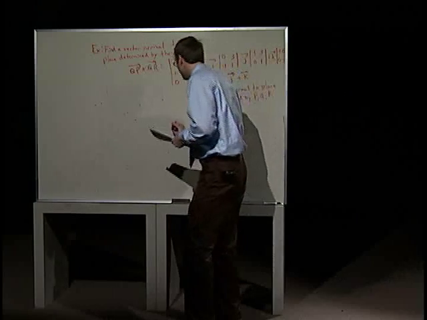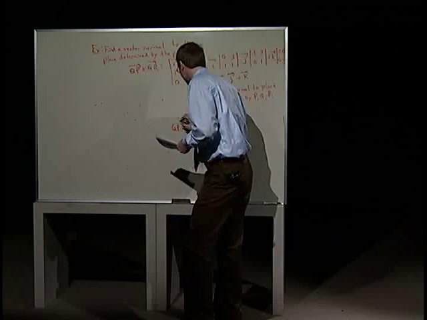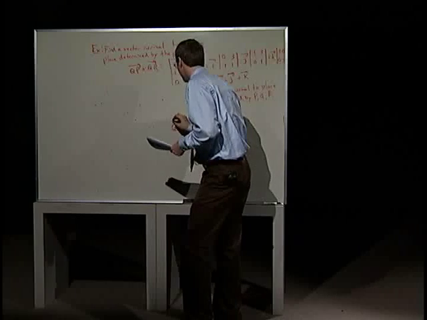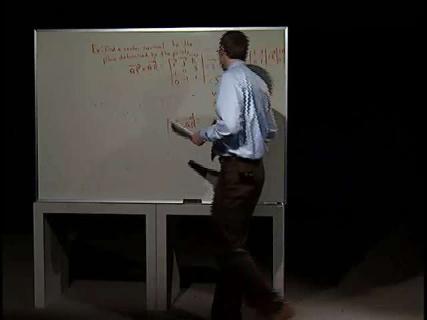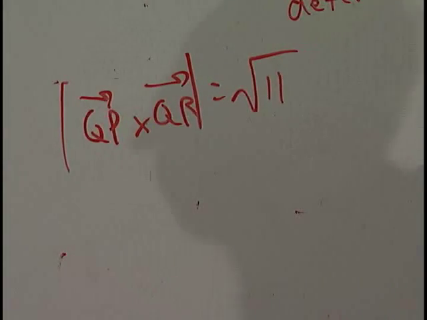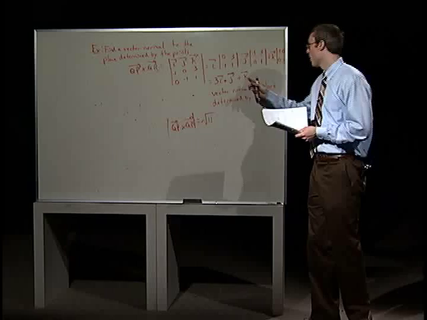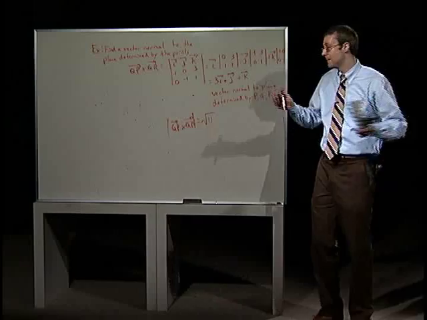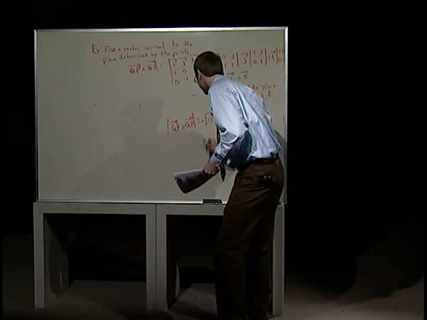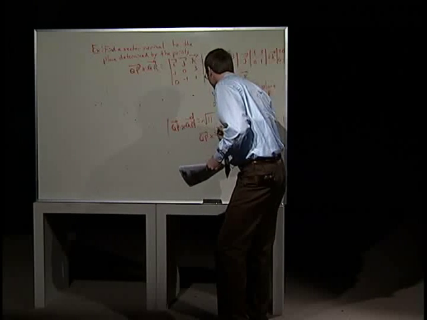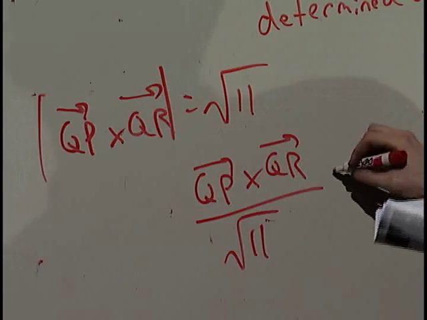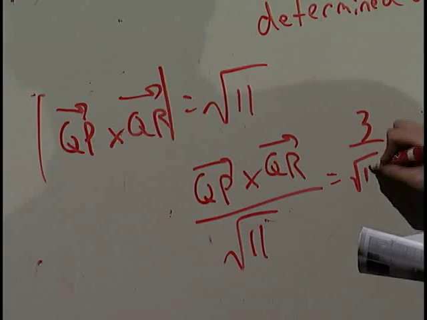So the length of QP cross QR, let's just see what it is. The length of that, well, 3 plus 1 is root 11, right? So this vector is normal, but it's not length 1, it's not a unit vector, right? We could take QP cross QR and then divide that by the square root of 11, and we would get 3 over root 11